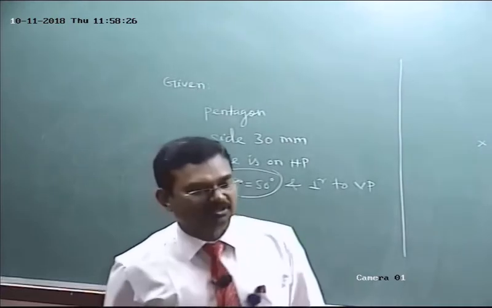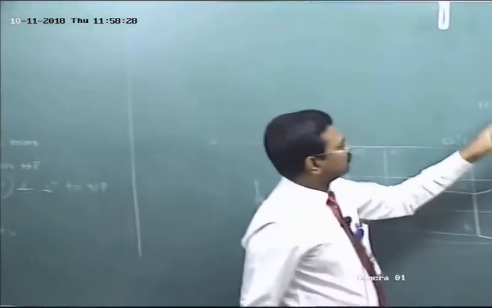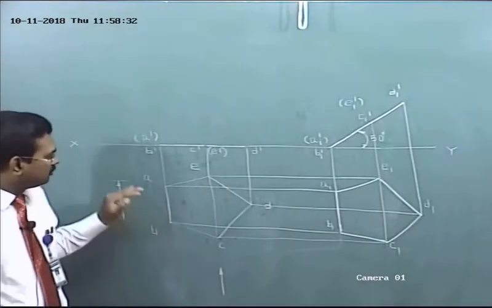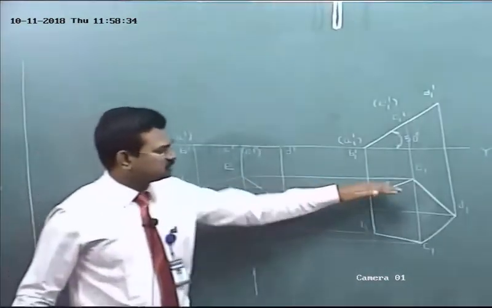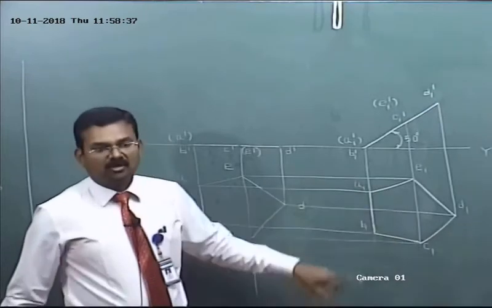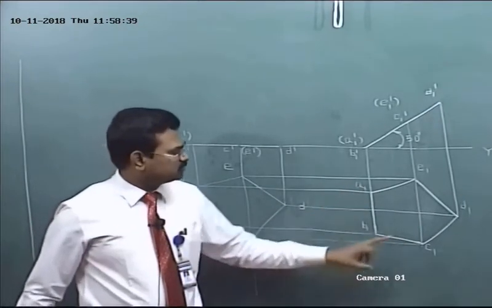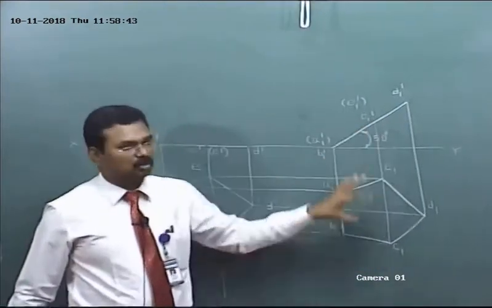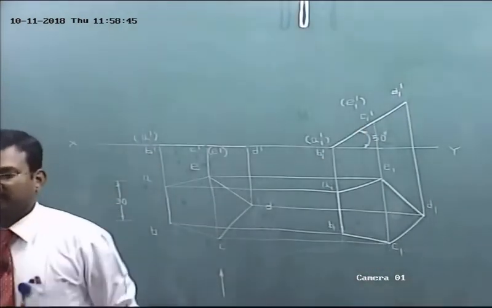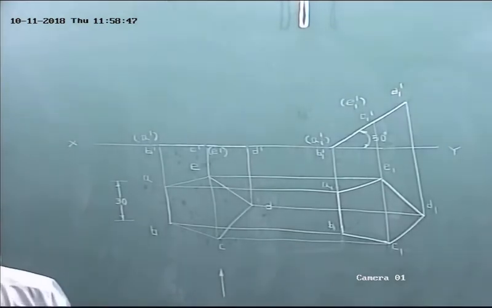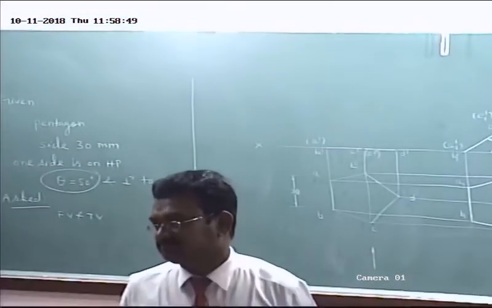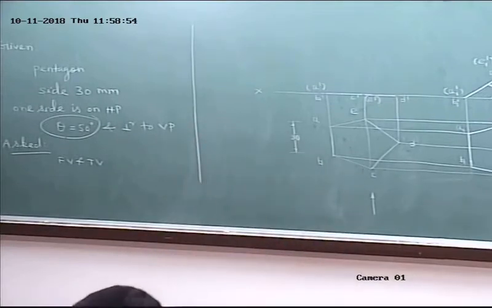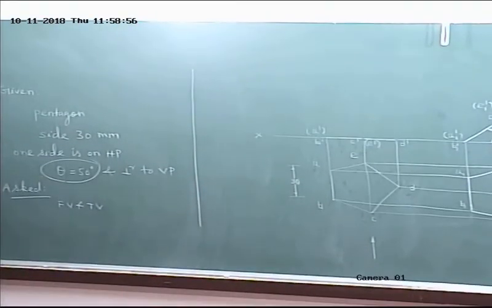Then obtain the respective top view. How to get the respective top view? From A1, B1, C1, D1 dash, draw vertical projectors. In the first step top view, from A, B, C, D, E, draw horizontal projectors. Mark the intersection points as A1, B1, C1, D1, E1. Then darken it. The second step front view and top view is the required front view and top view, and as per the rule, it should be darkened. Did you understand? Complete the figure. Do you have any doubt? Ask me.